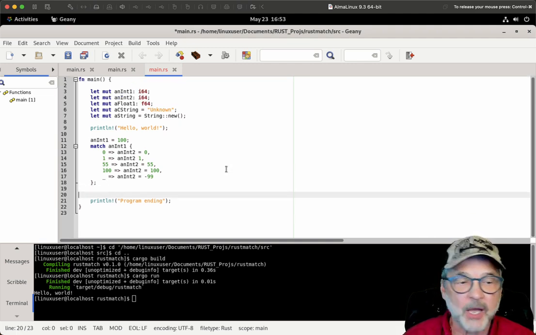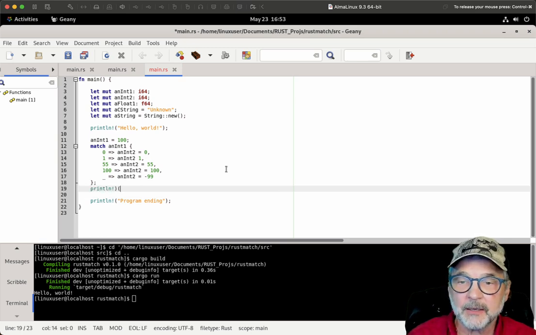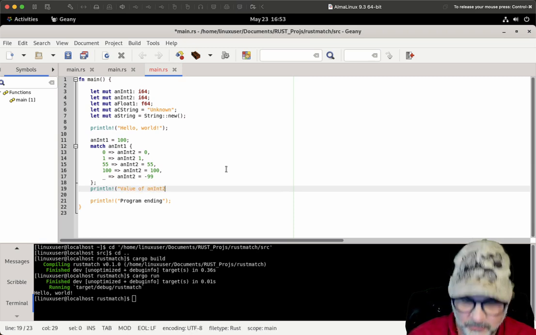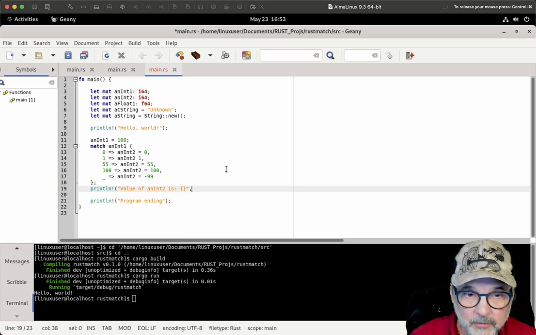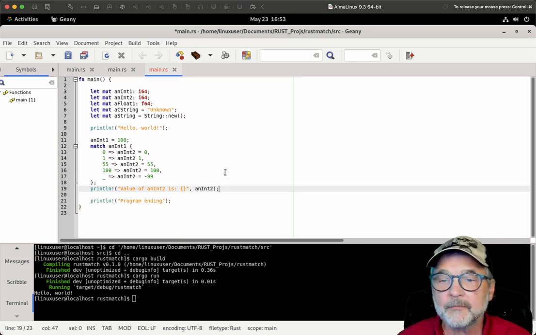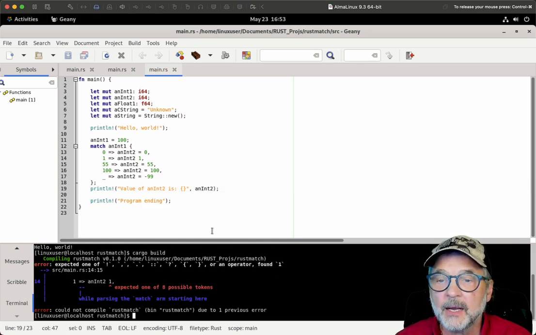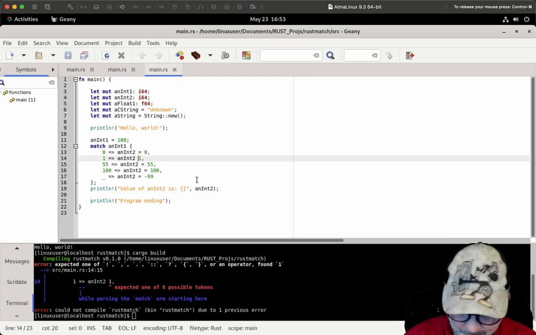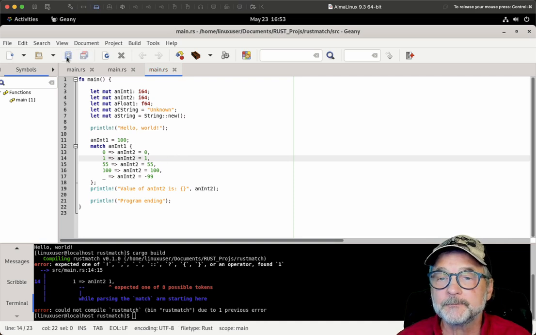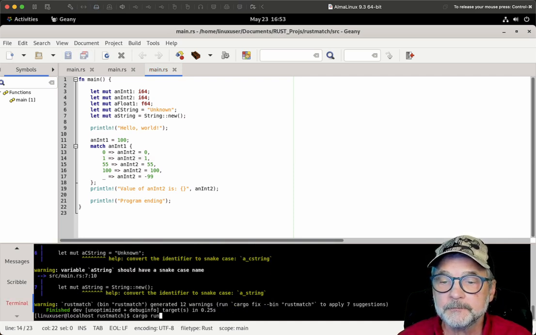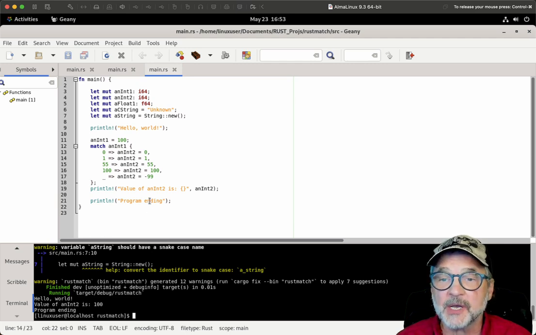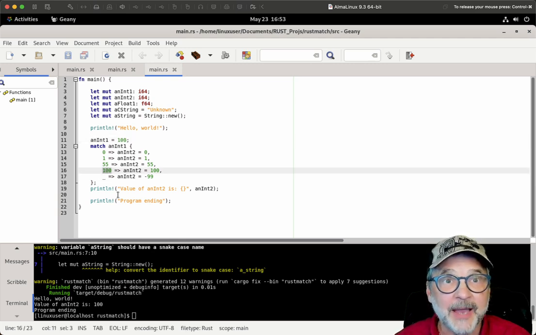Okay, so now I'm going to say println value of int2 is. All right, let's save and build this. Okay, we're at an equal sign. And you can see value of int2 is 100 because int1 is equal to 100. So because int1 matched the value of 100, it went ahead and assigned int2 equal to 100, and